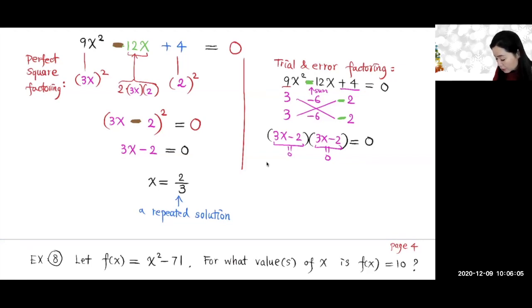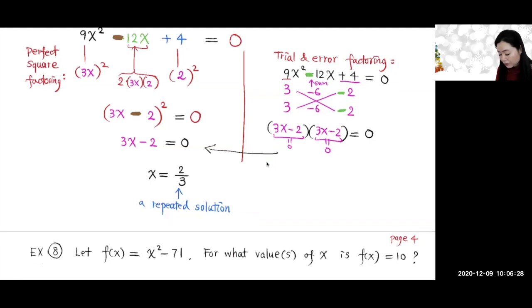So again, you get back to the same thing: 3x minus 2 equals 0. However, you see that for this to equal 0, x equals 2 over 3. For this to equal 0, x equals 2 over 3. Both of them give the same solution, right? So it's called a repeated solution, okay? It's a repeated solution over here because